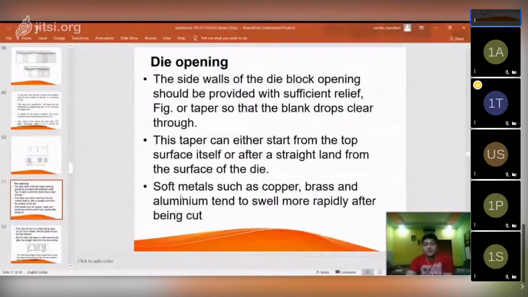Okay, and why is it so? Because when you are going to use soft metal such as copper, brass, or aluminum, it tends to swell more rapidly after being cut. Okay, that's why you have to give this taper from the start of the top surface.